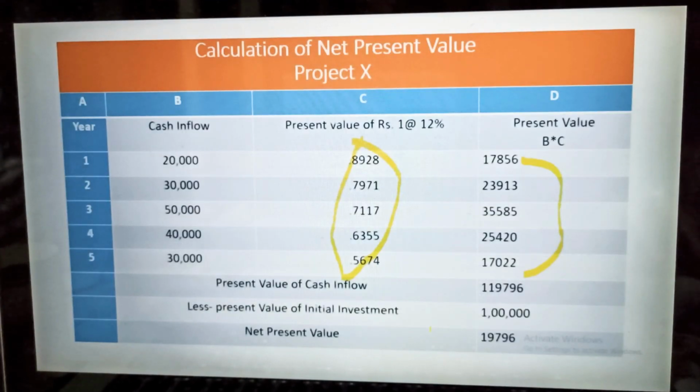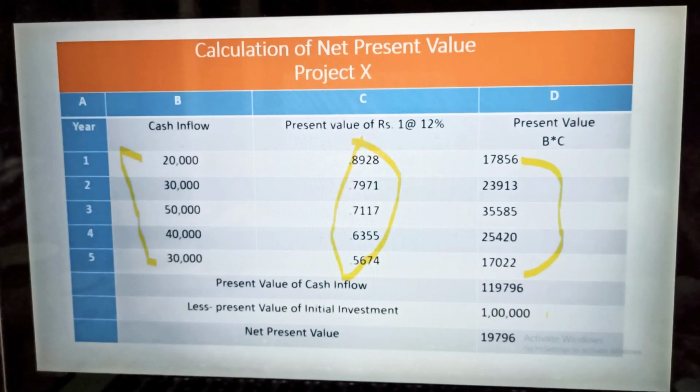So you can see here, on the first day you are investing 1 lakh rupees, but you are getting 1,19,796. Here you can see that it is considering the time value of money. That's why 1,19,796 would be the amount. But if you talk about this cash flow, the entire amount would be 50,000, 1 lakh, 140,000 and 170,000. 1,70,000 you are getting, but the actual value would be 1,19,796. Why is it? Because of time. You are considering the time value of money.